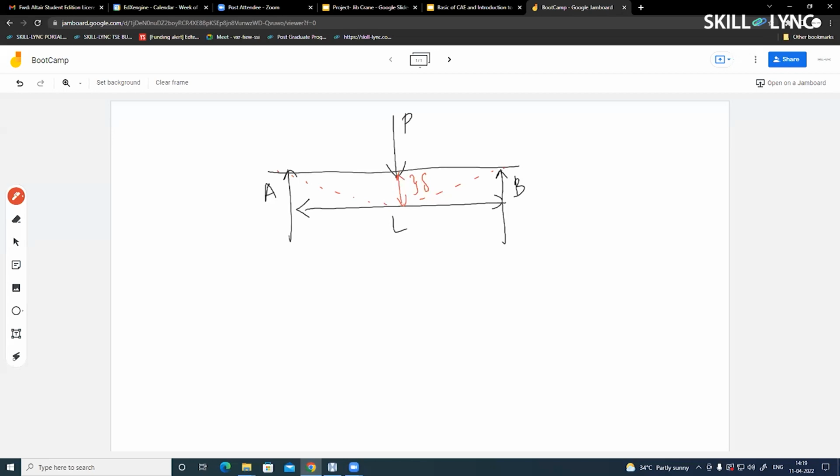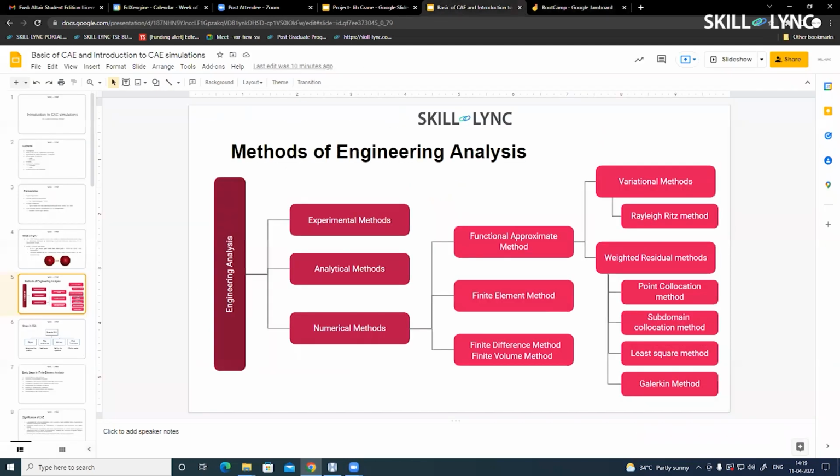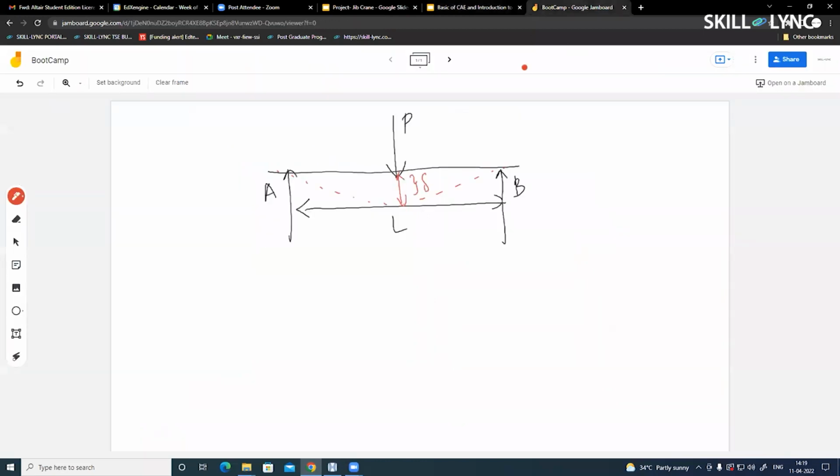So if you are using this functional approximate method, or let's say the variational method, as you can see here, you have a method called the Rayleigh-Ritz method. I'm not sure if you're able to see my mouse. Yeah, so in the Rayleigh-Ritz method,